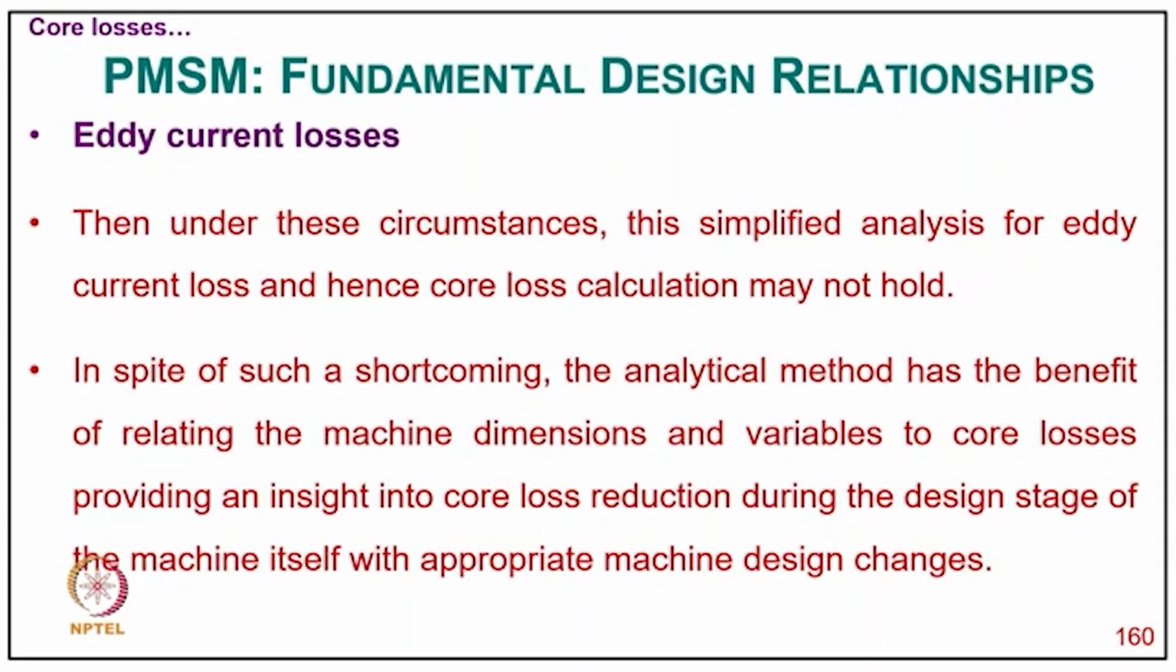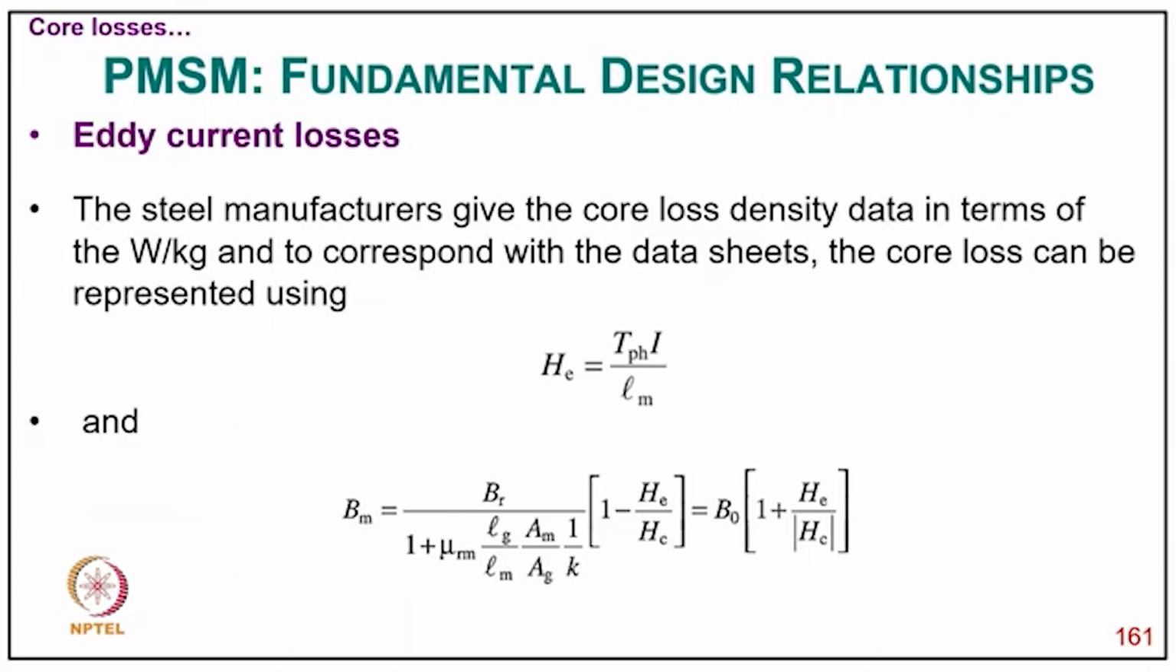So under these circumstances, the simplified analysis for eddy current loss and hence the core losses calculation may not hold. In spite of such shortcoming, the analytical method has the benefit of relating the machine dimensions and variables to core losses, providing an insight into core loss reduction during the design stage of the machine itself with appropriate machine design changes. The steel manufacturer gives the core loss density data in terms of watt per kg in the data sheets, and